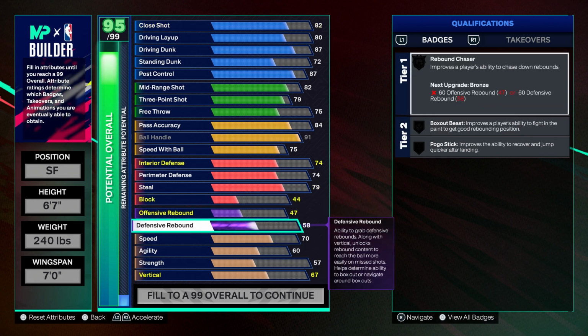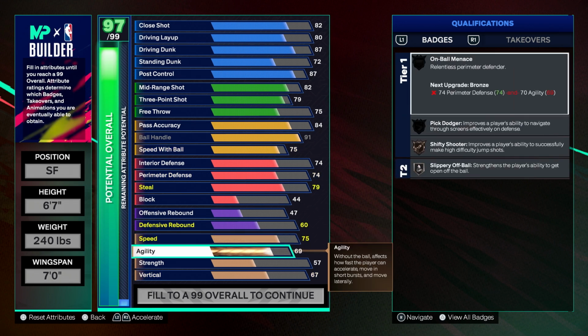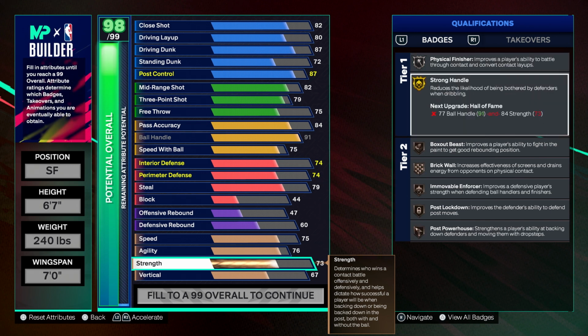Then finally, of course, the defensive rebound. We know we always try to reach that 60 threshold for that bronze rebound chaser. And then finally, for the physicals, we have a 75 on the speed. We have a 76 on the agility, which is just serviceable enough for us to stay in front of our man. Then we also have a 73 on the strength, which is going to get us that gold strong handle,